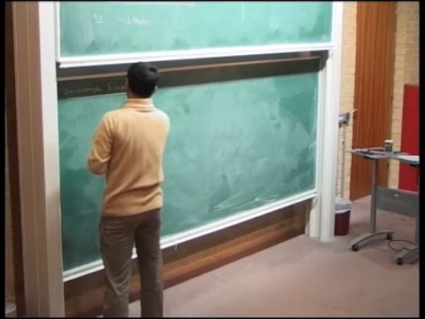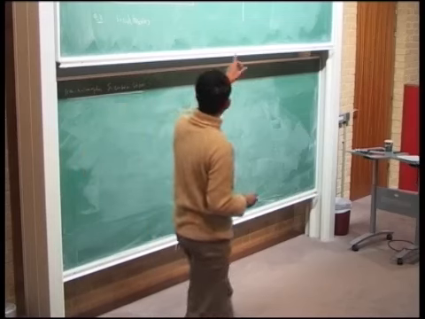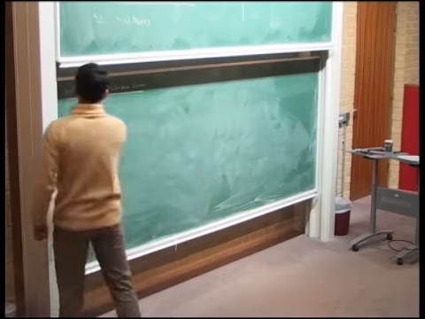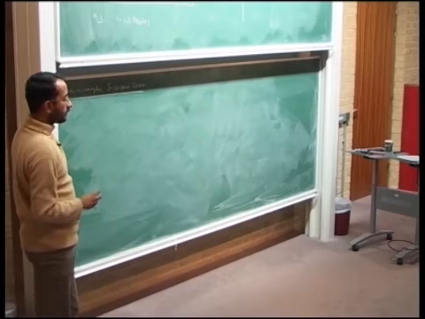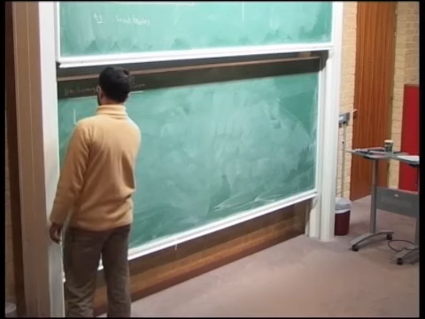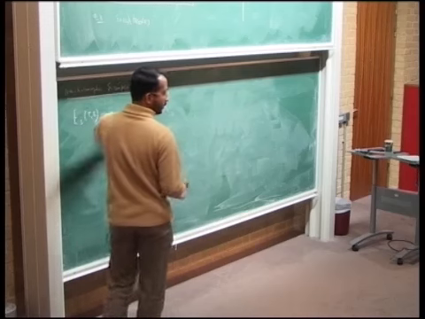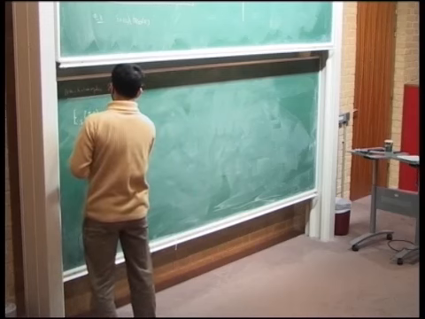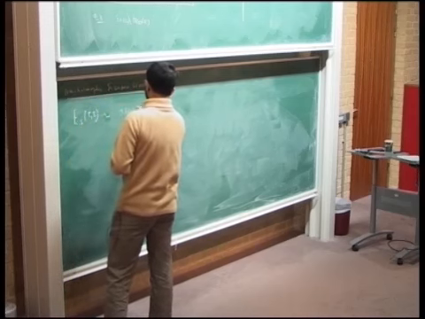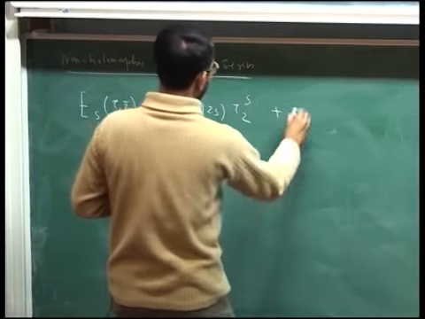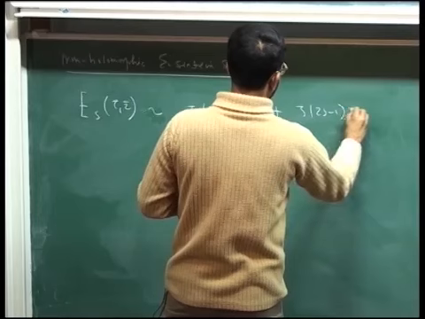And these actually are invariant under tau going to (A tau plus B) by (C tau plus D), but they're non-holomorphic in the sense that they are functions of tau and tau bar. Okay, and they are defined in the following way: E_s(tau, tau bar). The factors are not relevant, so I'll just put a proportional sign here. It has a zeta function of 2s, times the imaginary part of tau, tau_2, to the s,